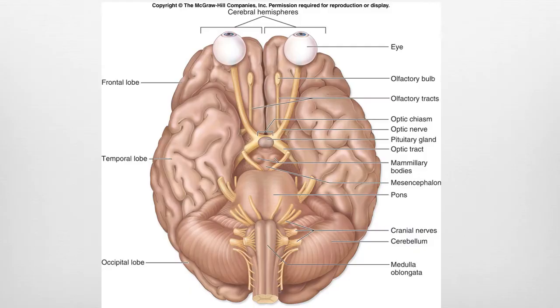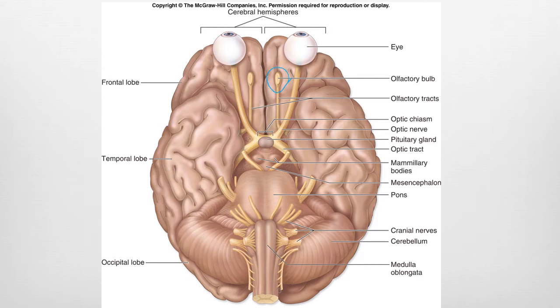And so here we can see a view from the inferior aspect of the brain. We can see all of the areas where we're completing the processes of intellect in terms of the cerebrum itself. We have the brainstem continuing on down from the diencephalon. And then we have the cerebellum kind of hanging out behind the brainstem. And then on this one as well, we can see all of the cranial nerves that are associated with the brainstem as well. And so the first two cranial nerves that we have, the first one being the olfactory